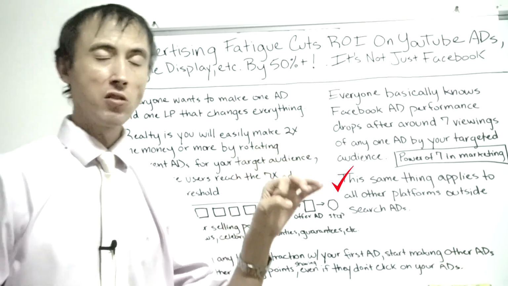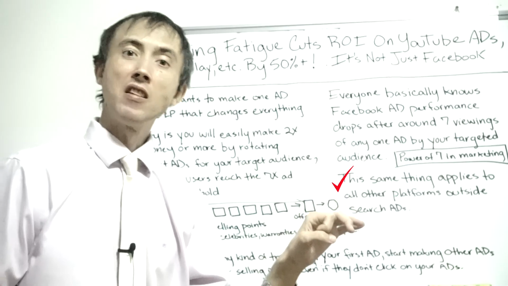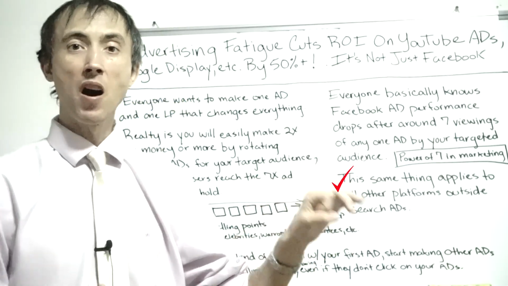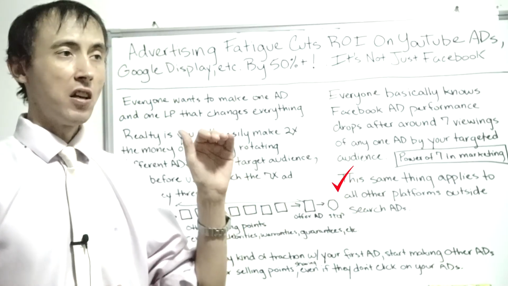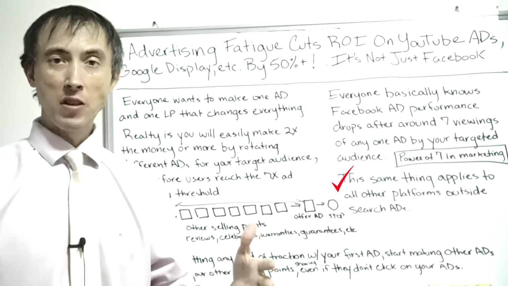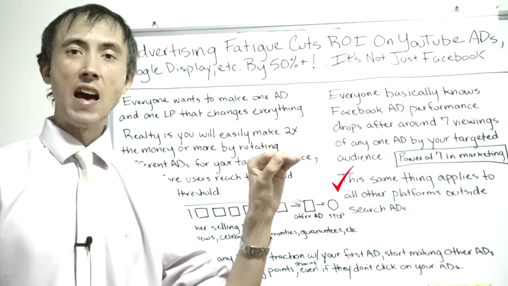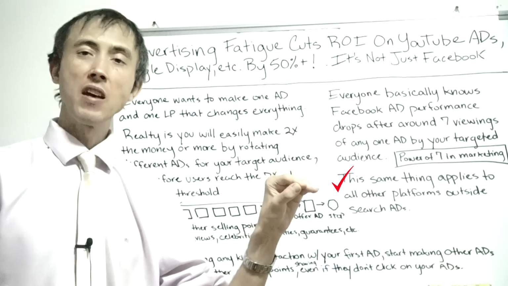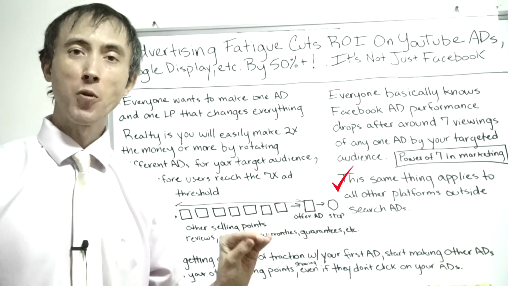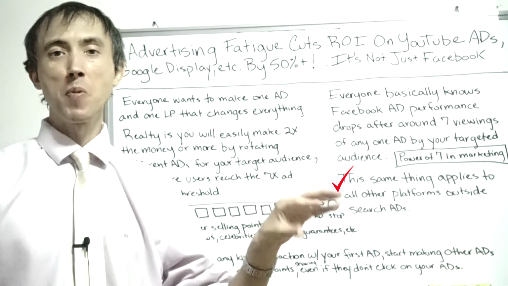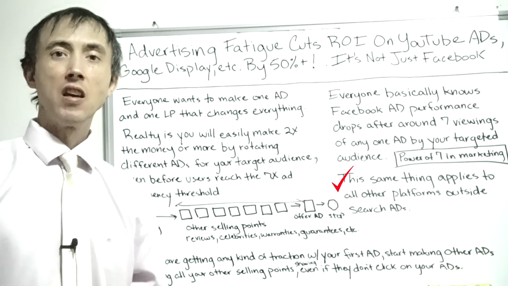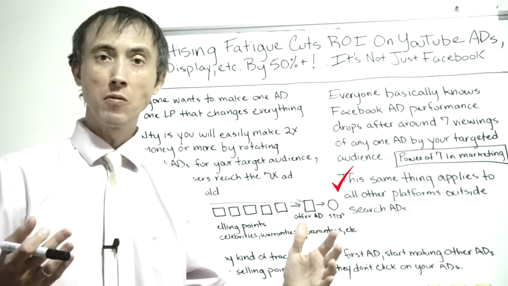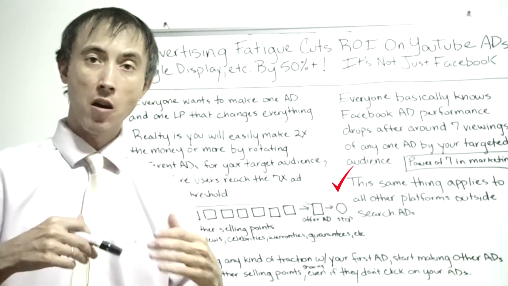So instead of just using the 7 number, you could get a lot more out of an ad by monitoring the click-through rate on that ad. A lot of people still don't know to this day that the click-through rate of your ad, no matter where you're advertising, will dictate how much you're paying for a click from the people that you want to click on your ads. The higher the click-through rate, the less your cost per click is. They call it pay-per-click advertising online. You're paying per click on that ad.